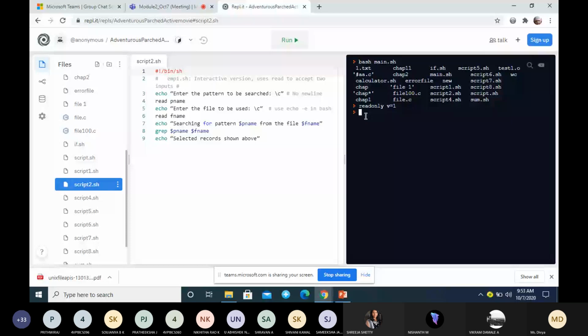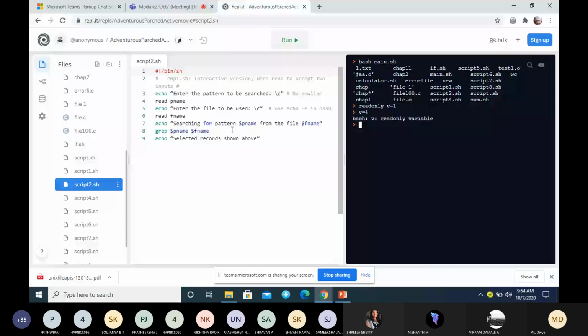Now I try to change the value of v. In that case, it will display an error telling that v is a read only variable. With a read only variable, you can only read the value. You cannot make any change to the value. So this is a simple example for read only. If you declare any variable read only, you cannot change its value. It will give the error. So in the program, you can make certain variables read only.